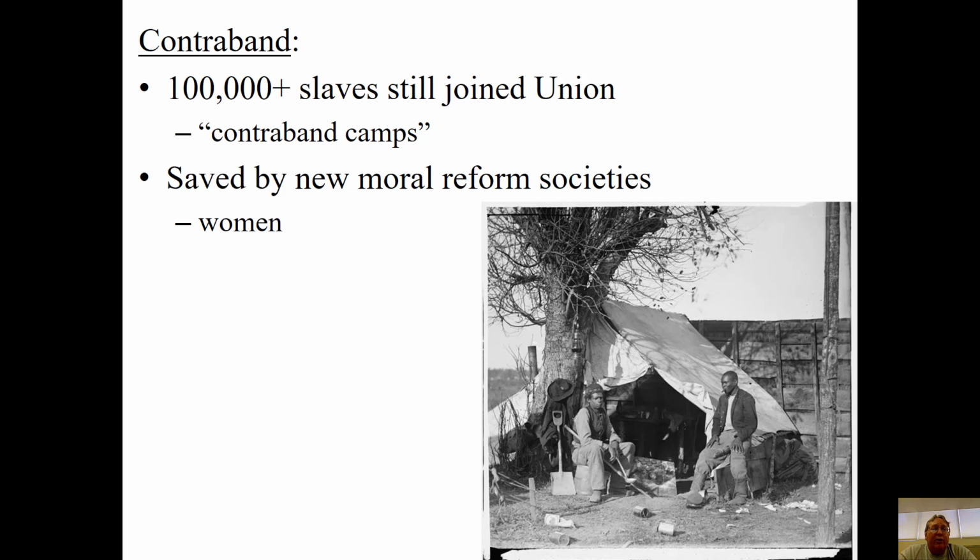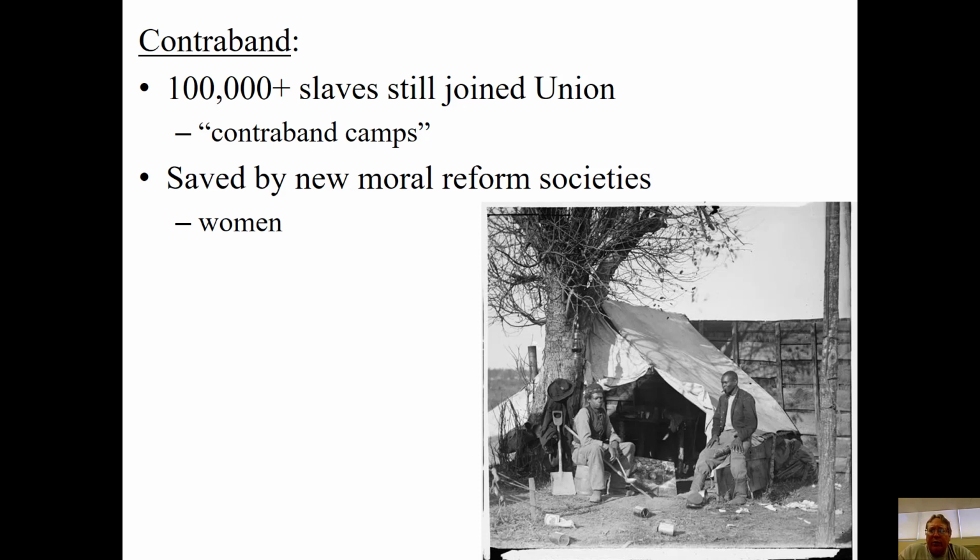By 1862, there are more than 100,000 former slaves that have run away to the Union armies, right? And they're following along behind these Union armies. They don't have any place to go. Their only homes were these plantations where they were enslaved, right? So they follow along behind the Union in what are called contraband camps, right? Again, Northerners can't call them people yet because it's not official. We haven't really dealt with the issue of what slavery is and what slaves are or aren't here, right?